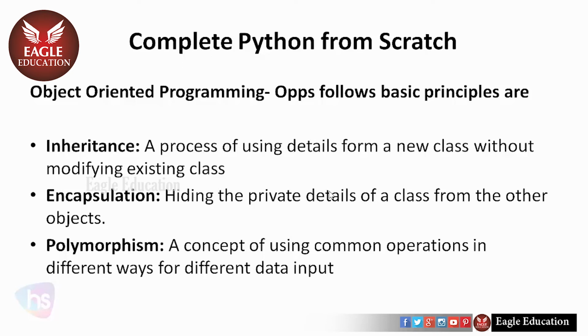And polymorphism, a concept of using common operations in different ways for different data types. Like we pass data of different data types to a common function or method, changing the data and calling the same method from different angles. We are using the same method in multiple ways. A common operation in different ways where we are utilizing the same thing. Likewise, we need to build a method.